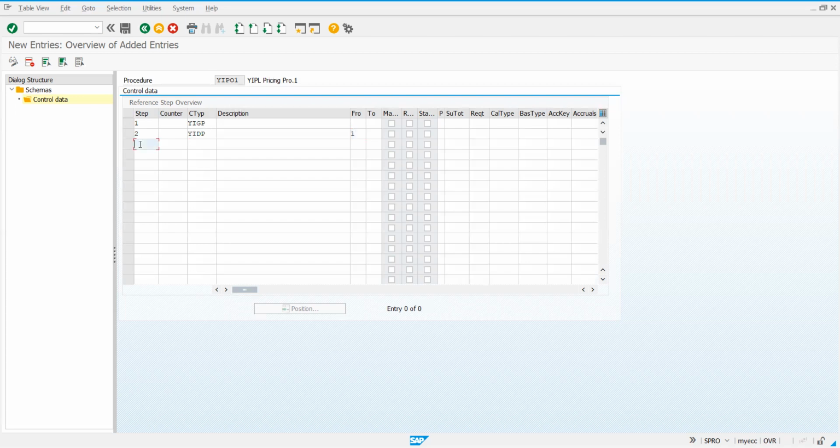Third, I don't have any condition type. I'll directly give it as net price or net value. So I say here, take from step 1 to 2. Hope you understood this. This is quite simple for understanding. I made it easy.